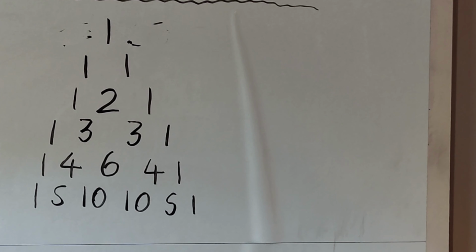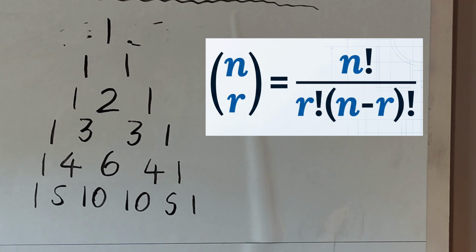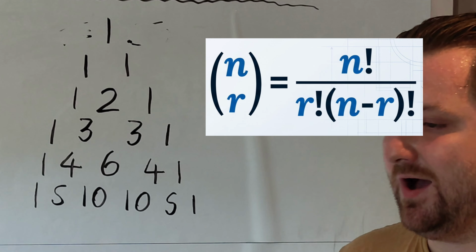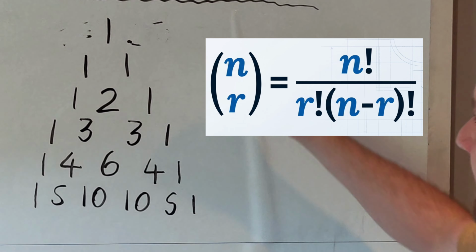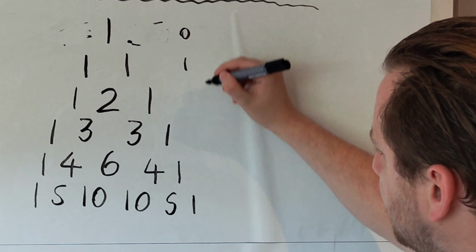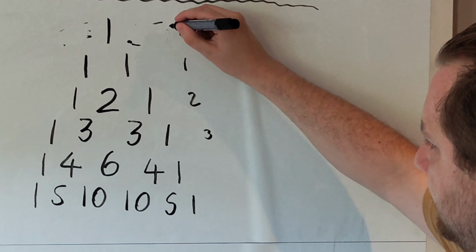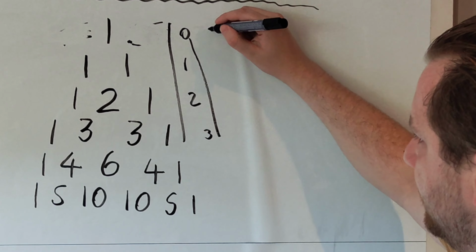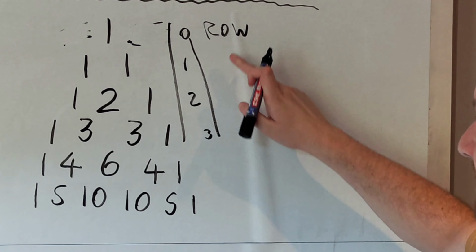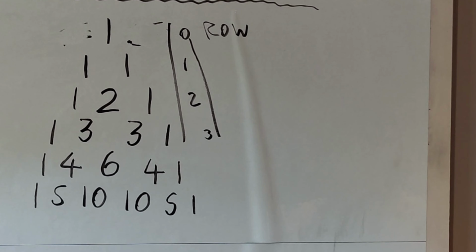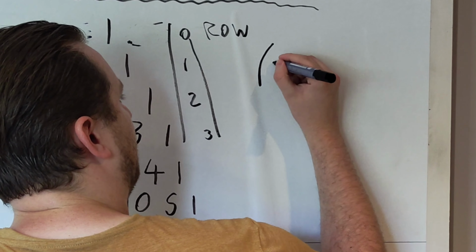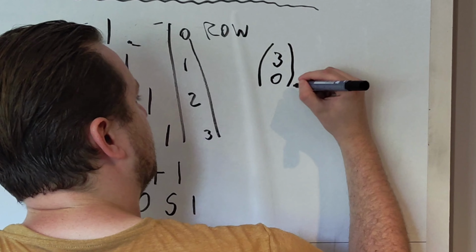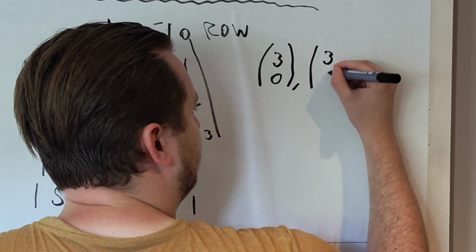So I'll pop it up again. You can see the n and the r. Let's say your n is equal to 3. So you'd use row 3. And this is row 0, 1, 2, 3, okay? So that's the row. That's terribly drawn, so I apologize. But let's say n is 3. So you might be working with 3 choose 0, 3 choose 1,